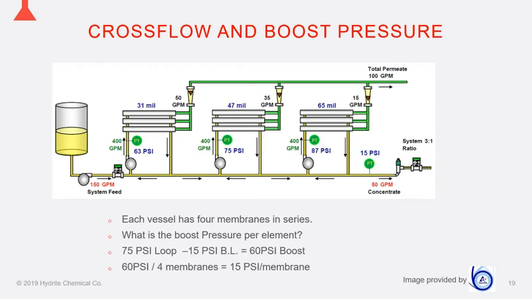So we know that the cross flow in that loop is correct. It's giving me turbulent flow. I'm going to have good scrubbing action, and I'm not going to have any concerns with the hydraulics on that loop. Loop 2, the one in the middle, we've increased the mil spacer size because it may be getting more